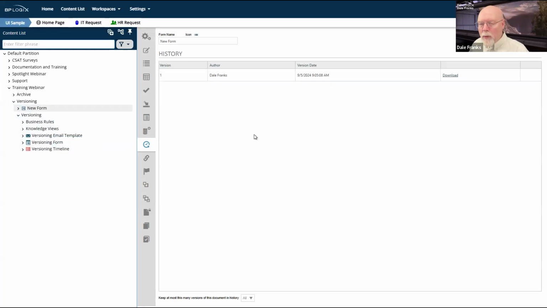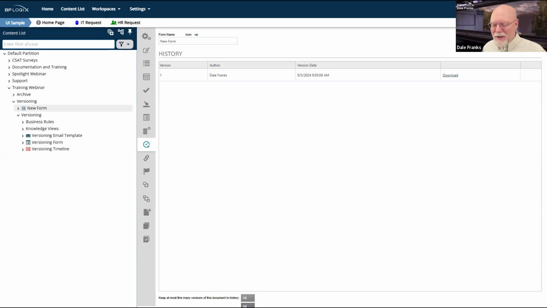So whenever we save the form, it creates a history. Now, this history is semi-persistent, and you can, in fact, and I can't see it here because it's sticking off the bottom of the screen, but this is a drop down, and you can see right here where it says all.